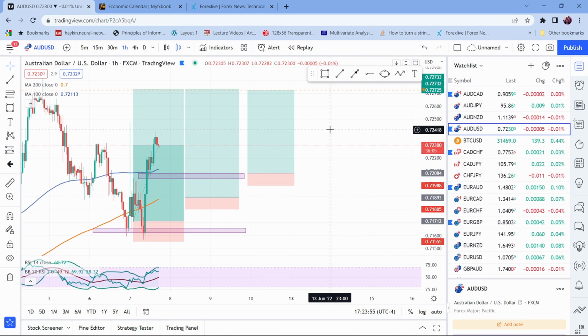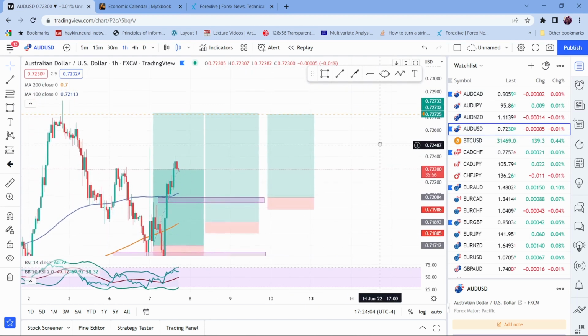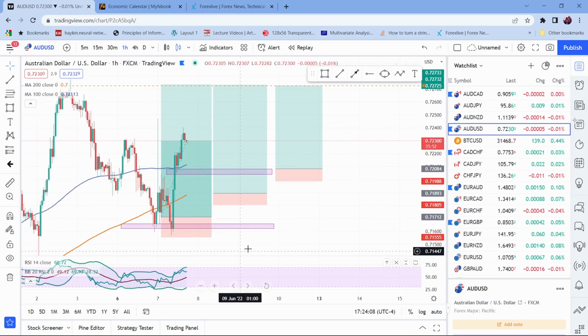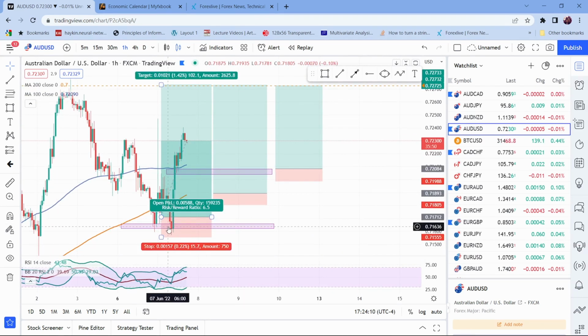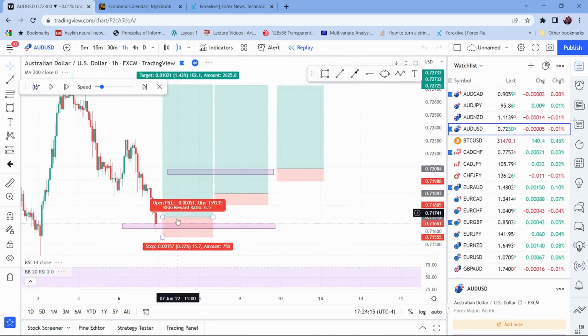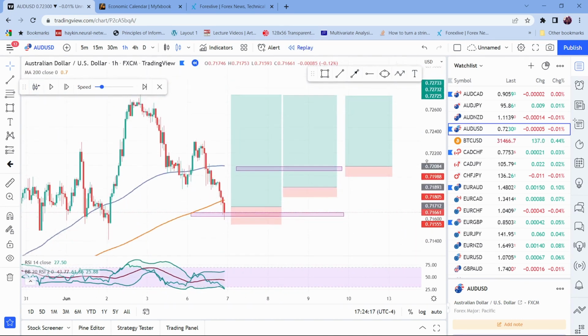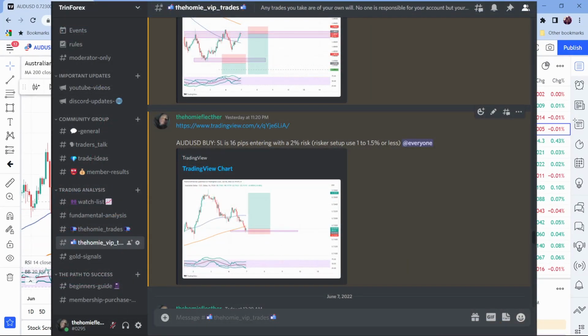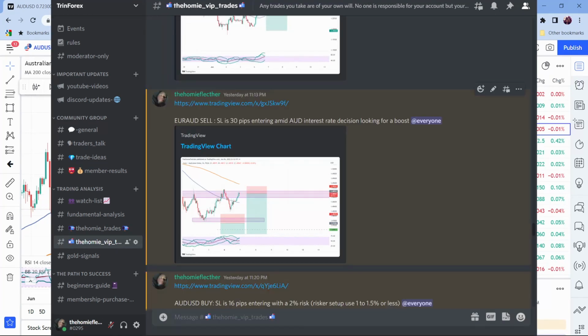Okay, so these trades were on AUD/CAD and AUD/USD. You can see on this one chart that we have this play out right here at the bottom. I'm just going to rewind this and put it on replay mode, because of what happened and how we were able to make this. I say we because this trade was also sent within the Discord VIP channel that I have, and Telegram as well, right?